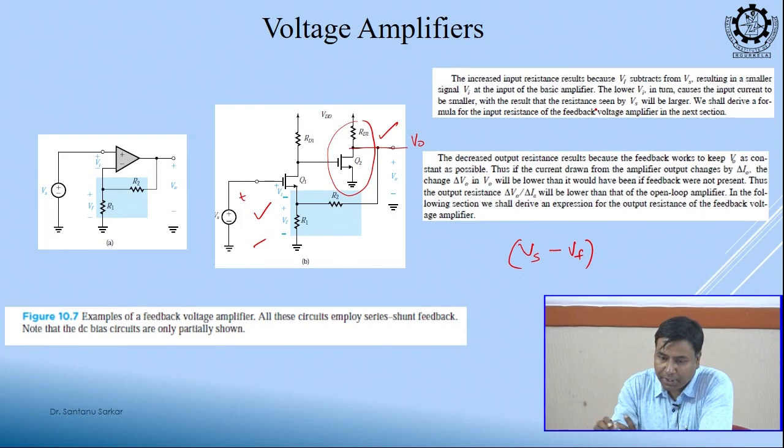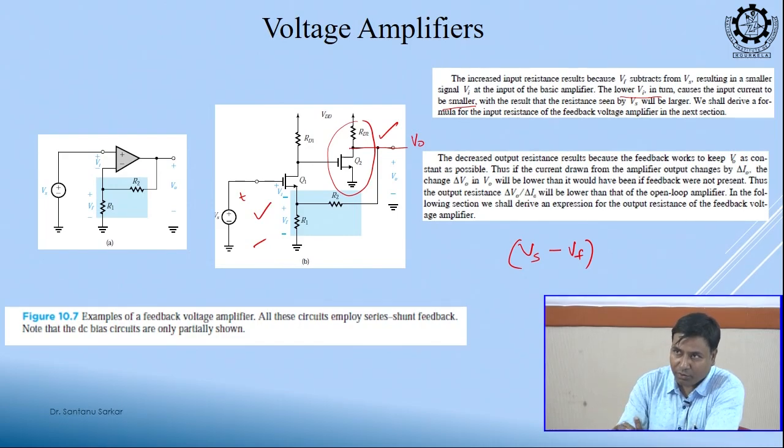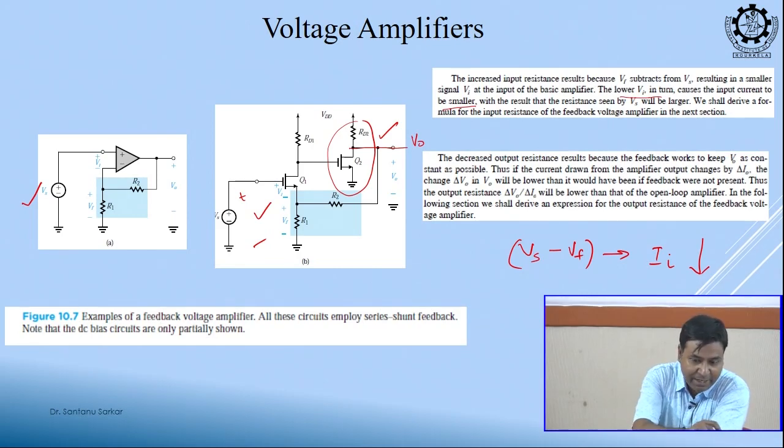So, you see Vf is subtracted from Vs and this lowers the Vi. Okay. So, this is causing the input current to be smaller, clear. So, the effective voltage is now less. So, because of this my effective input current will also be less. So, what is my source? This is my source,